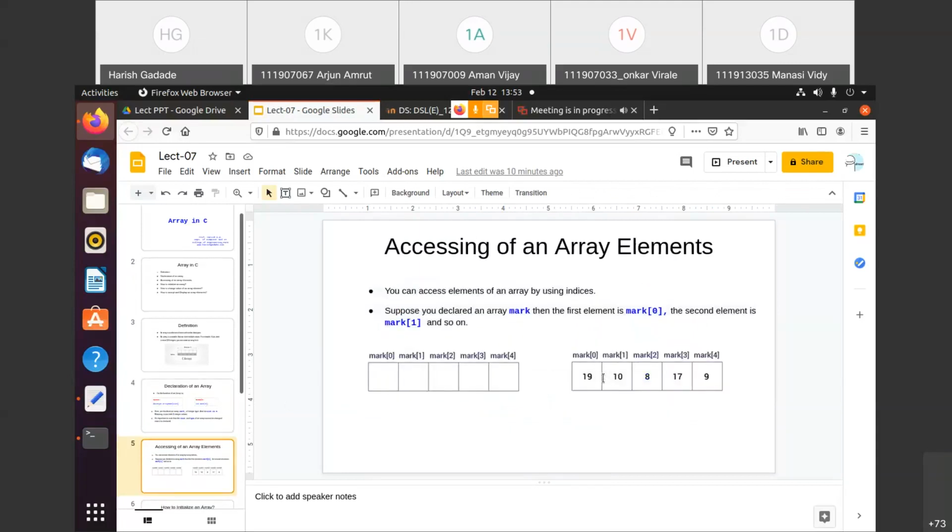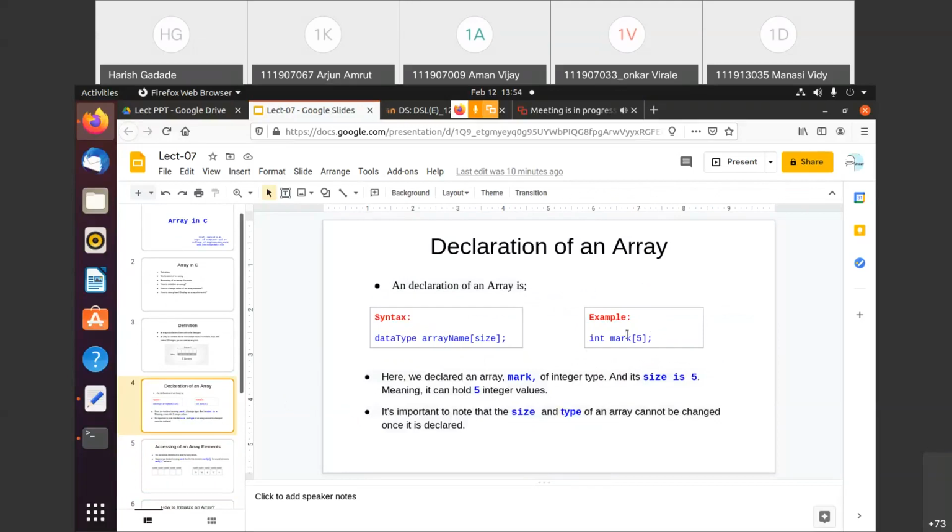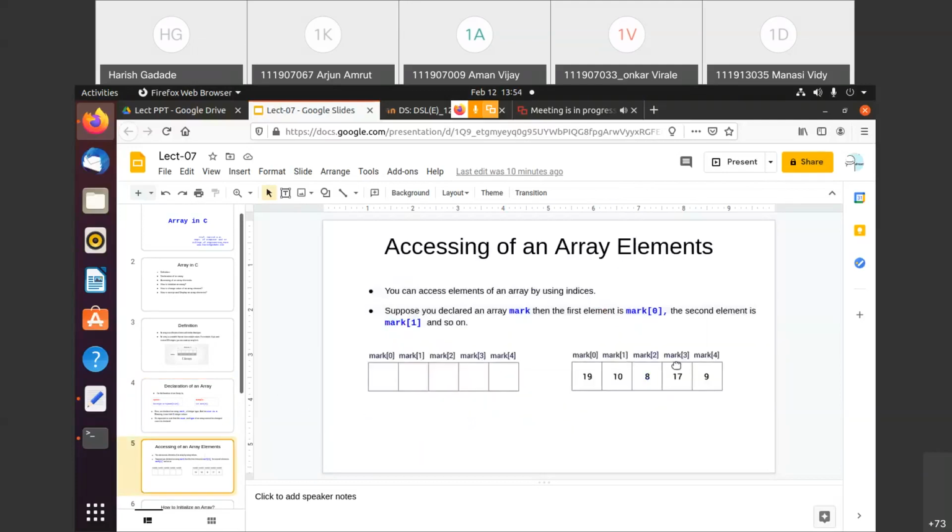Now, how can we access the array elements? As I said, I am just carrying forward the same example here. Suppose int marks, with 5 as the size of the array.